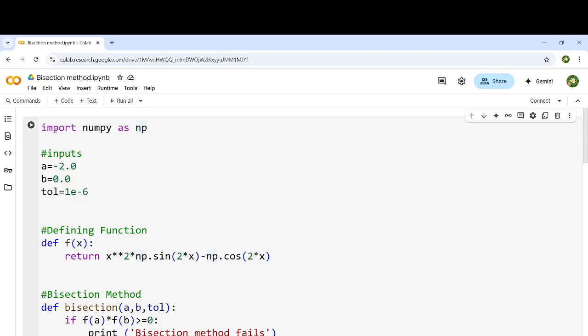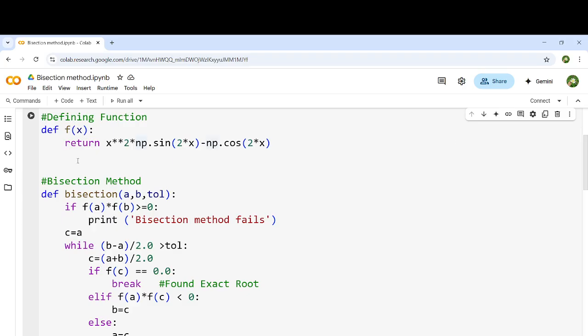First, I import a Python package called NumPy, so import numpy as np. Here I have written the inputs: a equals -2 and b equals 0, and I have taken the tolerance 10 to the power -6. First, you have to define the function which I have given in the question. Here I have written the function x square sine 2x minus cos 2x,